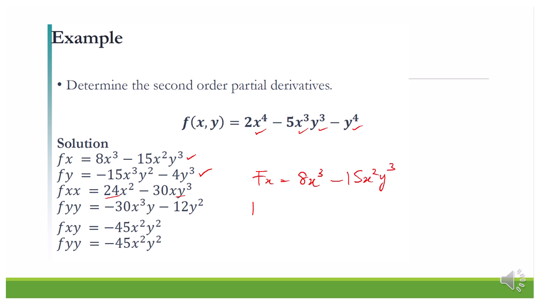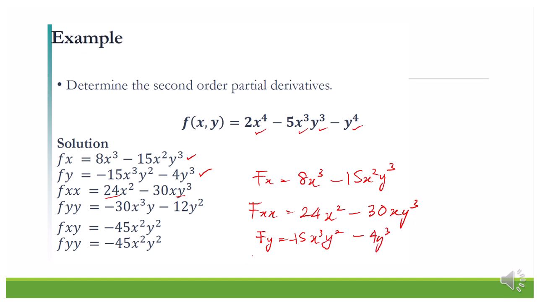So fxx will be taking 8 times 3, 24, x power 2. Then here 15 times 2 is 30, x y power 3. Okay, so that is the differentiation with respect to x for 2 times. Then we have differentiation with respect to y for single time. Okay,